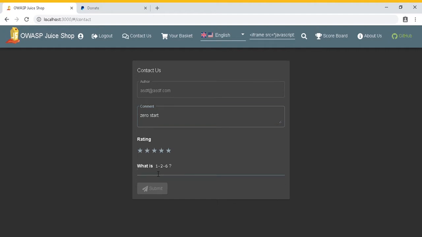What is 1 minus 2 minus 6? Well, minus 1 minus 6 is minus 7, right? I hope so. Anyway, we cannot submit until we have put in a rating. So I guess we just do a